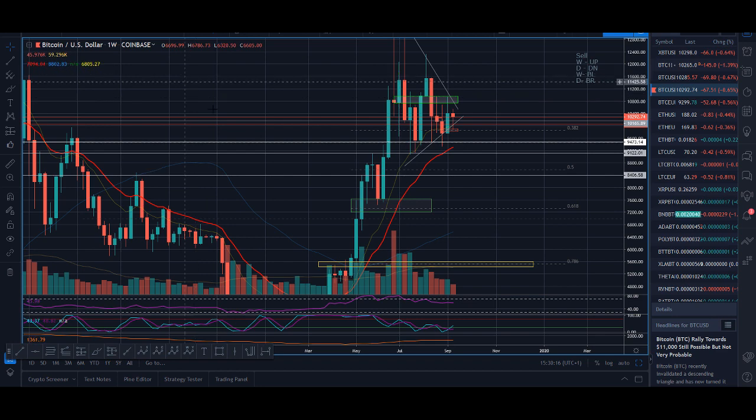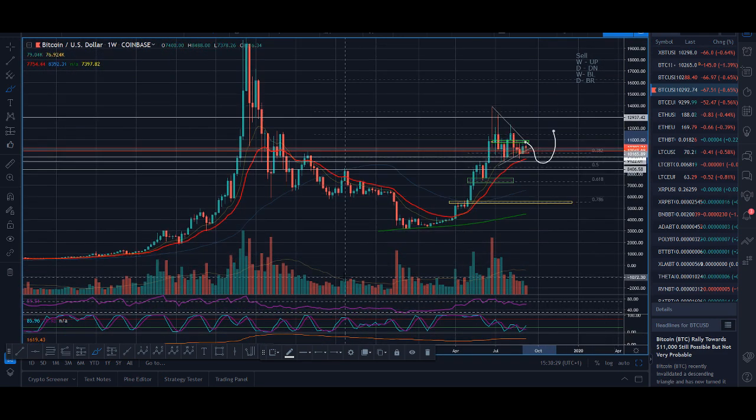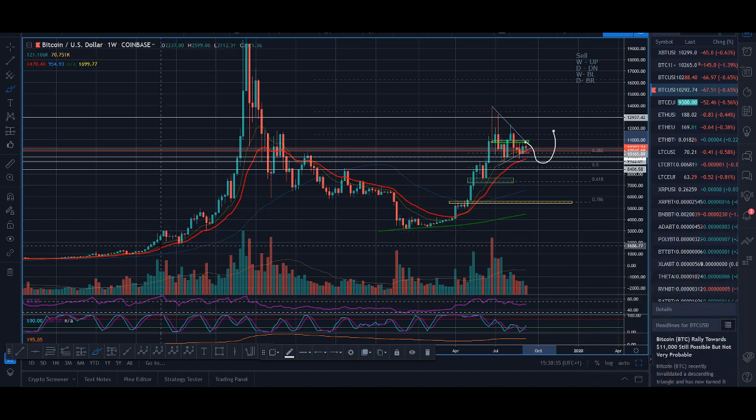I think a lot of people are waiting to buy Bitcoin here. My ideal scenario for Bitcoin would be a spike down here and then up. We've seen it happen loads of times when it was going up: you can see a spike below and it goes up. And my goal would be to buy Bitcoin around